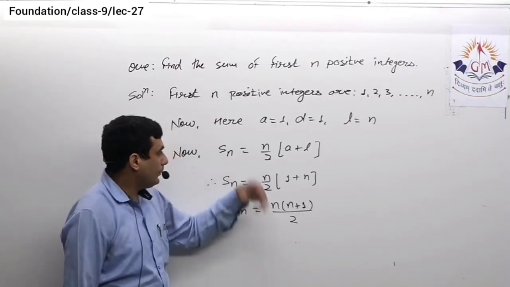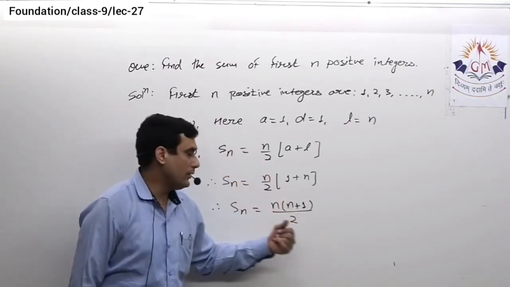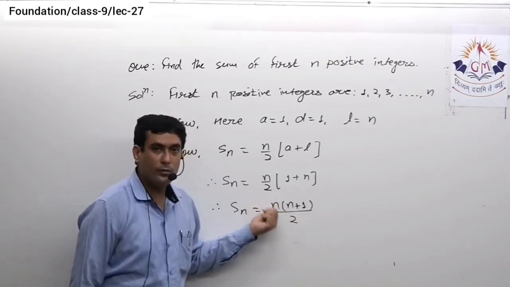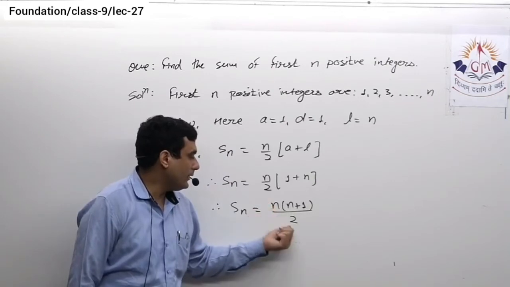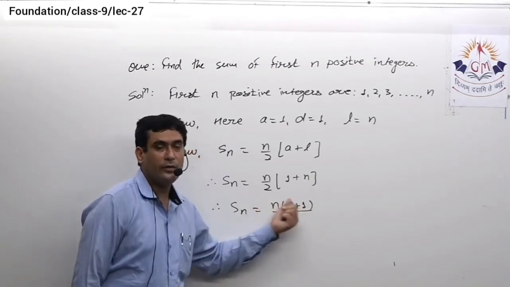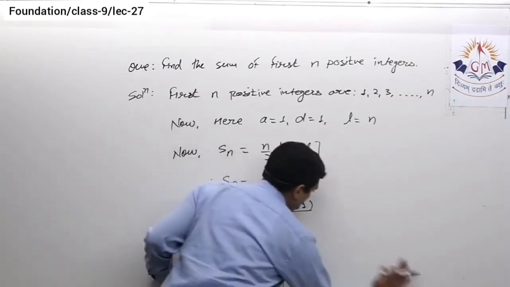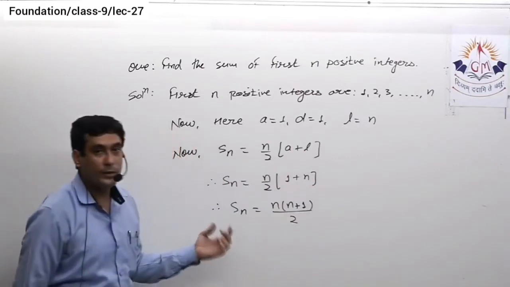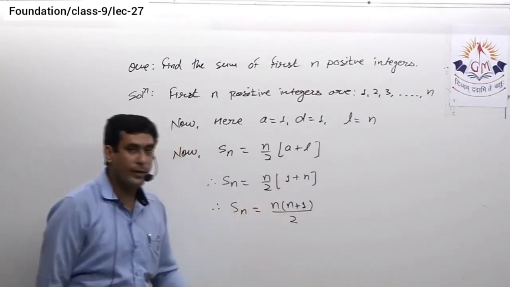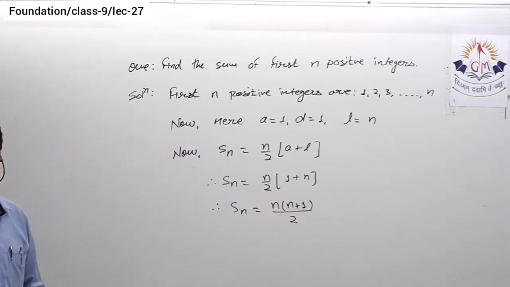For example, in the previous sum it was asked that find the sum of first 1000 natural numbers or 1000 positive integers. I can simply put n equal to 1000. So you can see here you will get 1000 into 1000 plus 1 divided by 2, that is 500 into 1001. So you have to remember this might be asked in MCQ part, that what is the sum of first n natural numbers. So you should remember n into n plus 1 by 2. So please note it down, then we'll see the next question.